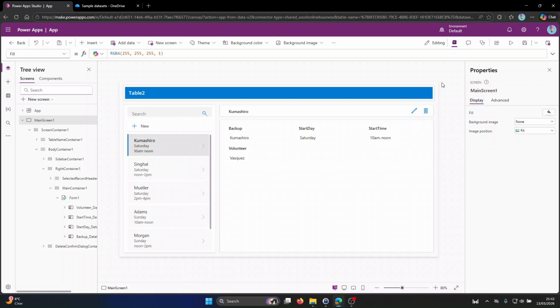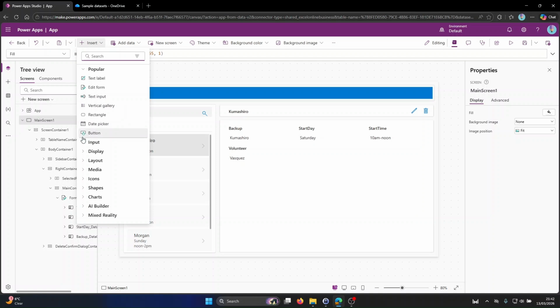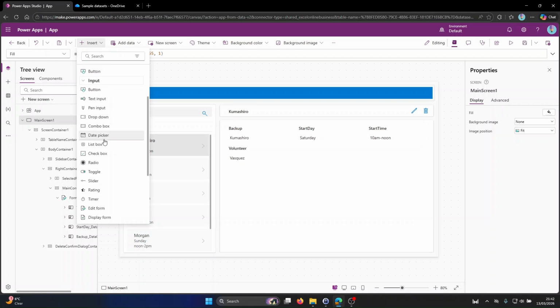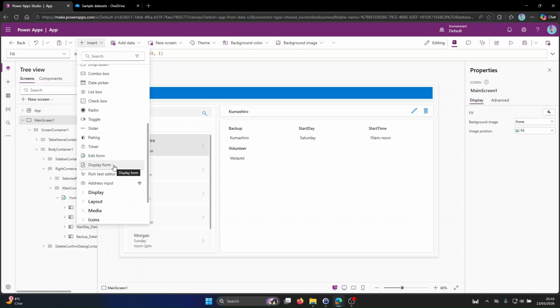Today I'll be showing you the EditForm and DisplayForm controls in Power Apps. To begin with, if you add a DisplayForm control, the user can display all fields of a record or only the fields that you specify. If you add an EditForm control, the user can edit those fields, create a record, and save those changes to